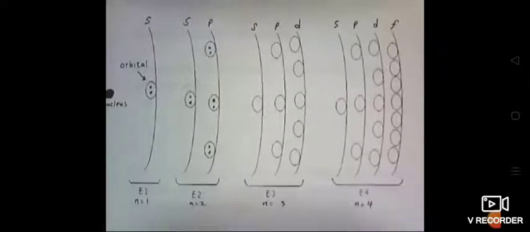Those 8 electrons are occupied by what orbitals? S orbital and p orbital. So 2 electrons will be in s orbital, the remaining 6 electrons will go to p orbitals. It will be present in such a way. See, in the third energy level how many electrons are possible? 18 electrons. So how can those 18 electrons occupy the third shell, the third energy level? 2 electrons in s orbital, 6 electrons in p orbital, and the remaining 10 electrons in d orbital. Did you understand, children, how these electrons occupy the orbitals?